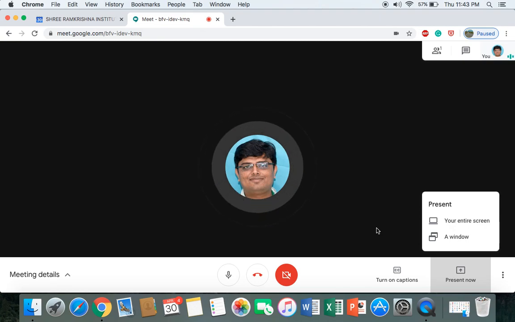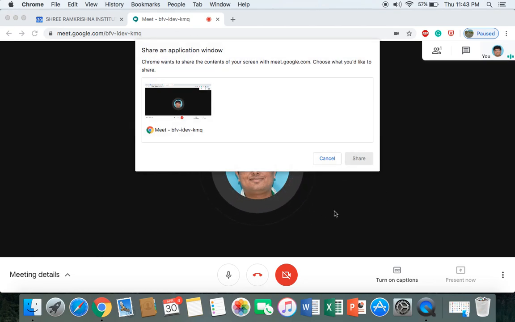If you want to show any other kind of online video, then it is always advisable to click on a window. For example, you click on this, and as a result, this kind of window is going to appear. You can see over here that the share button is not highlighted, it is in inactivated mode. How is it going to become activated? You just click internally over here, so this particular thing is going to become activated.